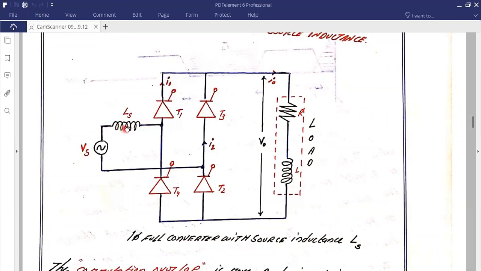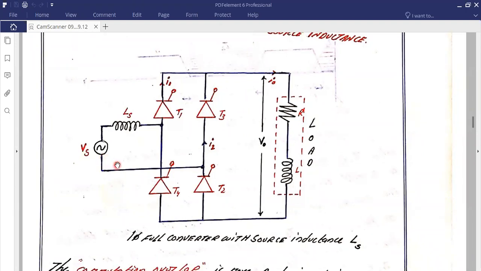Okay, so here, one pair of devices T1 and T2 is going to operate for the positive half cycle of the supply. T3 and T4 are going to operate for the negative half cycle of the supply, isn't it? What is the current conduction path here? The current conduction path is from this node to T1, from T1 to this load RL, from load RL to T2, and from T2 to this return. That is in the positive half cycle of the supply.